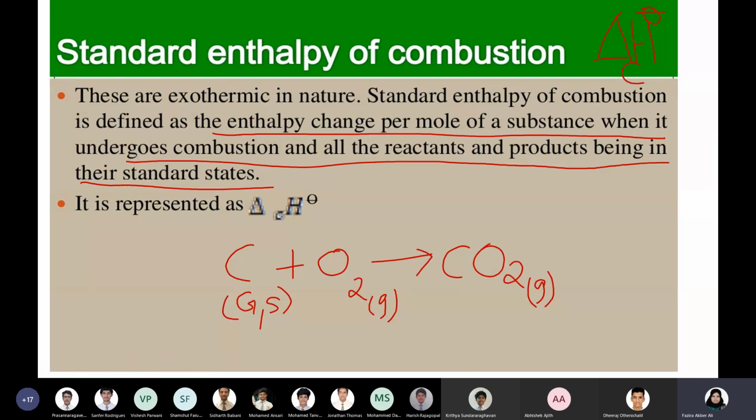So I'll just wind up here. We have some more enthalpies whose definitions we need to learn. Then we will do some more examples for Hess's law, because you need to familiarize yourselves with some more enthalpy terms. Then we can solve some more questions using